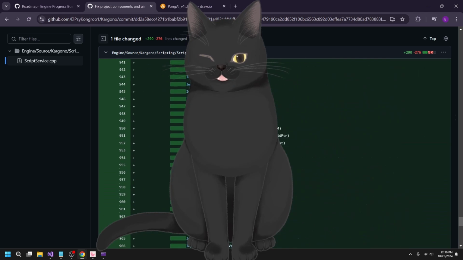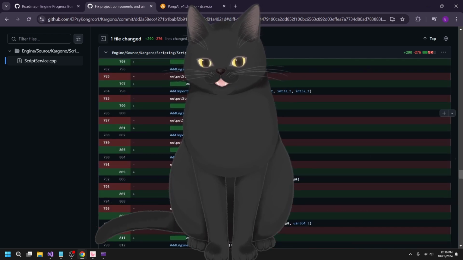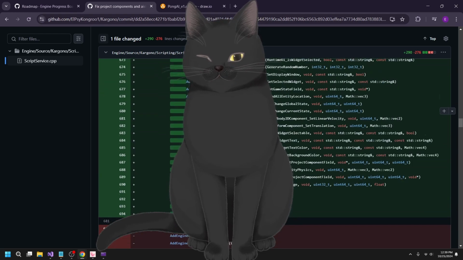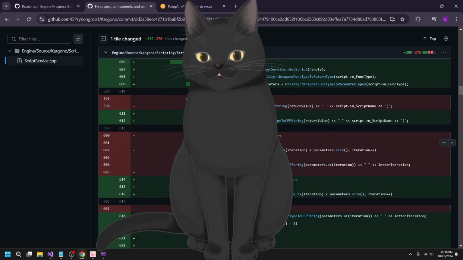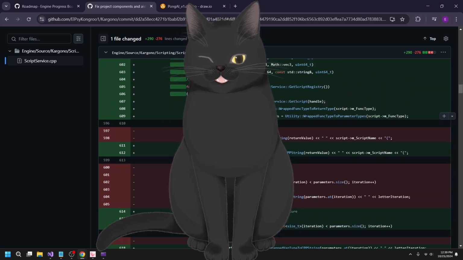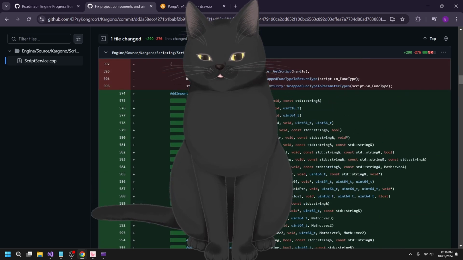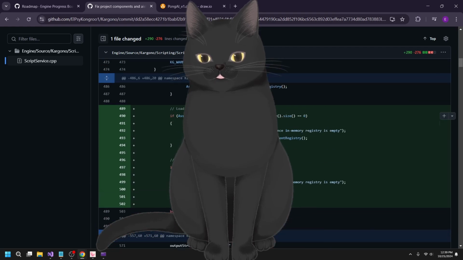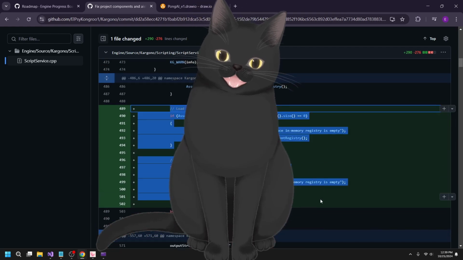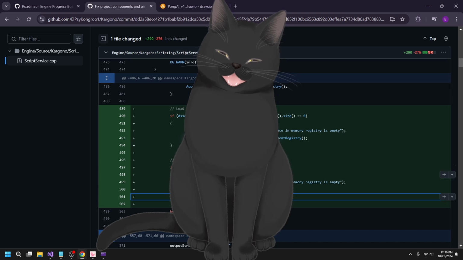It made the commit look so obnoxious, I'm not going to lie. Let me find the actual part that got changed. Okay, this is the only actual part that got changed. Don't mind everything else.